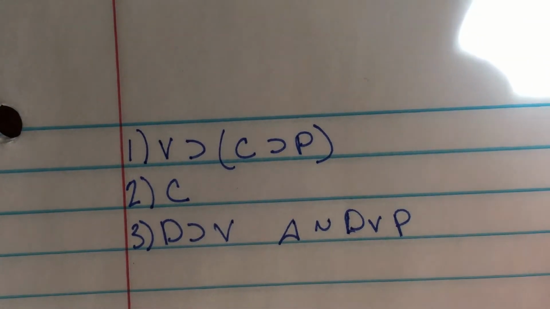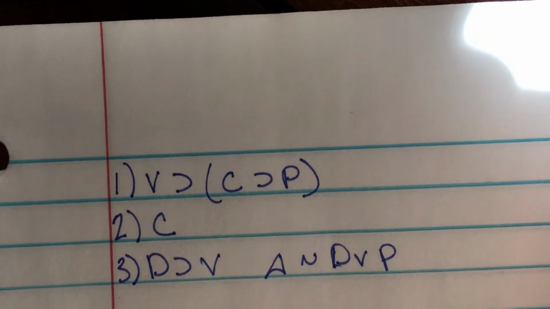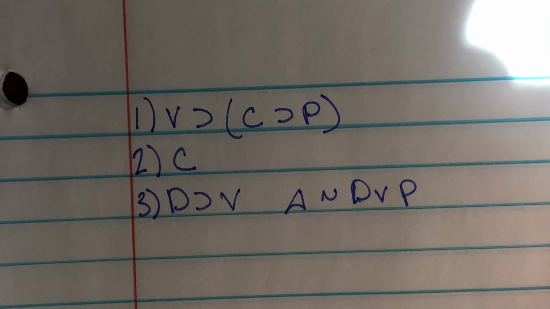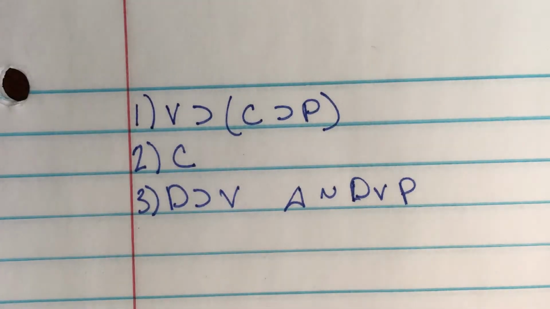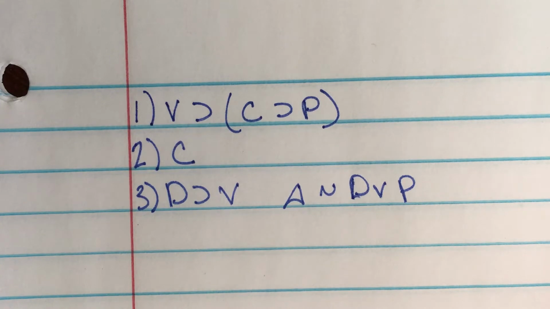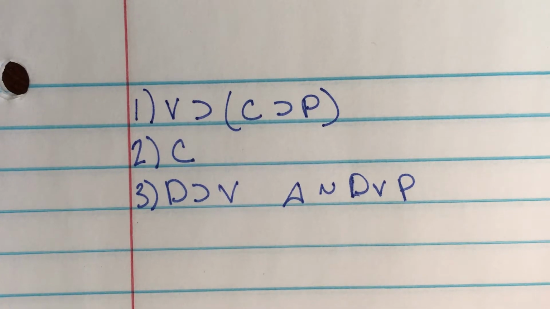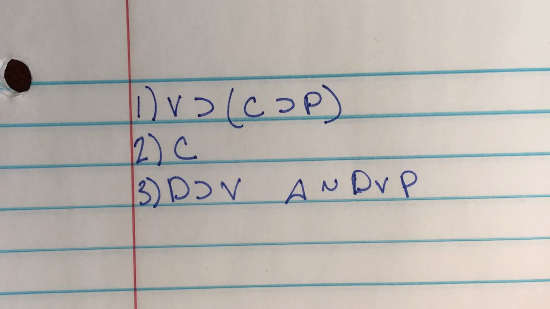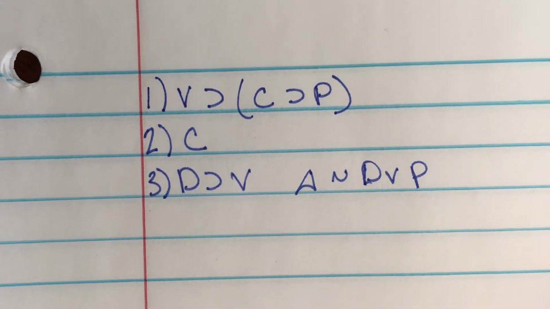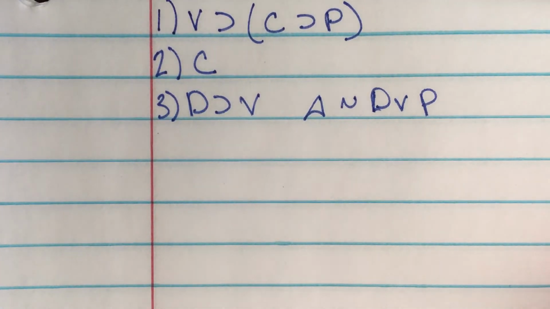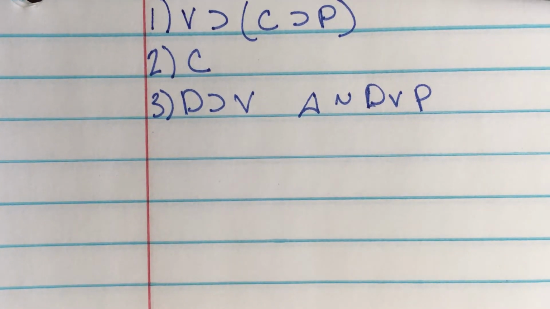Hey guys, here's another video on conditional proofs. This is from page 170 under additional exercises, and this is number 4 right there in the middle of the page, okay? So it gives us if V, then if C, then P; if C, if D, then V; therefore not D or P. Okay, so the conclusion is not a conditional, so we don't immediately know what to do, okay? But